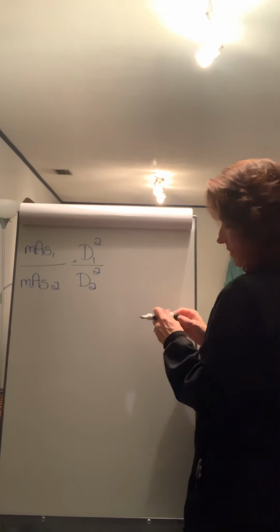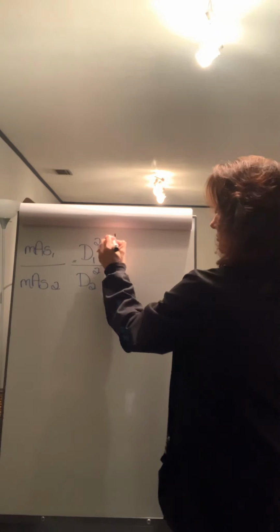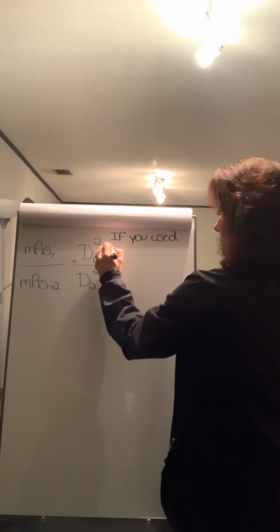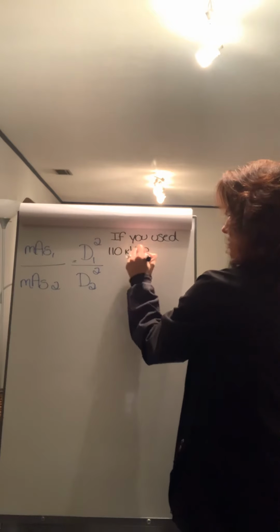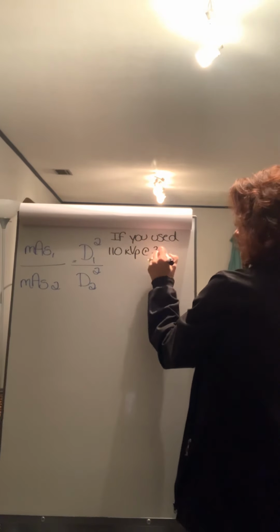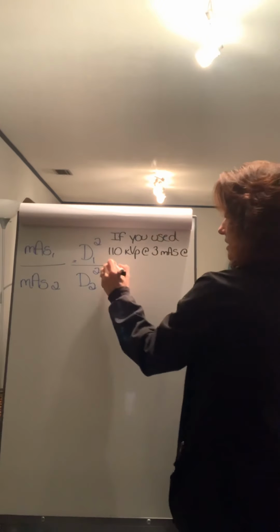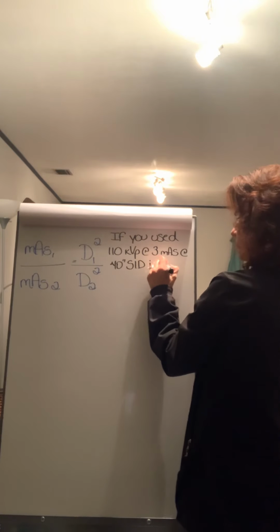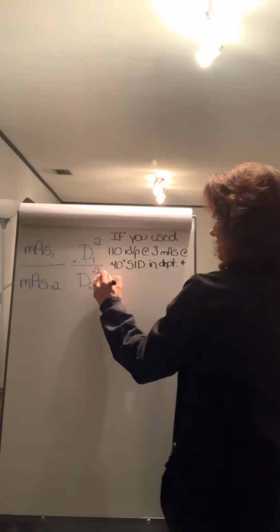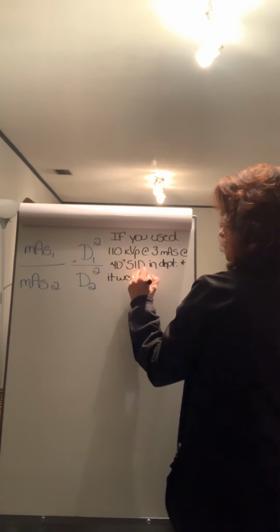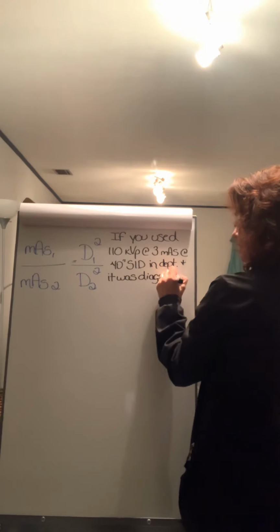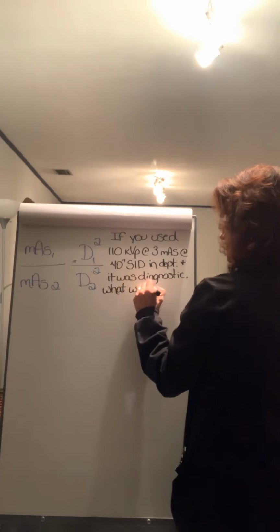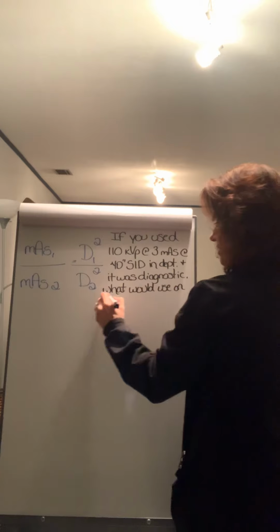Okay, so if you used 110 kVp at 3 mass at a 40-inch SID in an apartment, and it was diagnostic, what would you use on portables